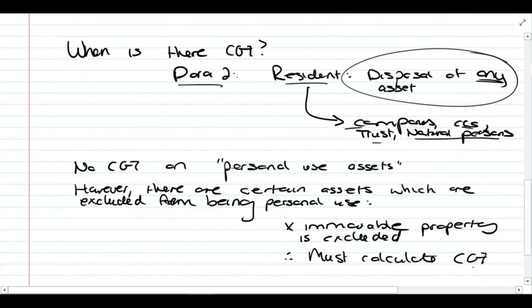Put yourself in the shoes. A lot of you are currently working. If a person had to come and ask you these type of questions, and you had to give them an answer, that's what you would tell them. You would say, yes, you have to calculate CGT because you disposed of an asset. And I know you think it's a personal use asset because it's the place that you stayed in and so on, but it's not, because they tell us in paragraph 53 that immovable property is excluded. Just think about it, guys. That's exactly what you would do if you had to speak to a client. Same works for the exam. They want to know that you have that ability.